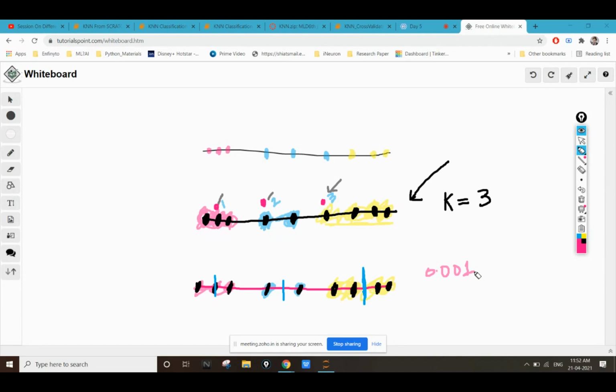Now let's see how this basic thing works, or how this is followed inside our Python.